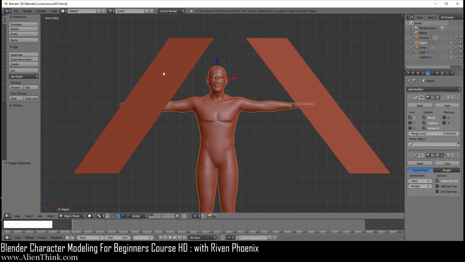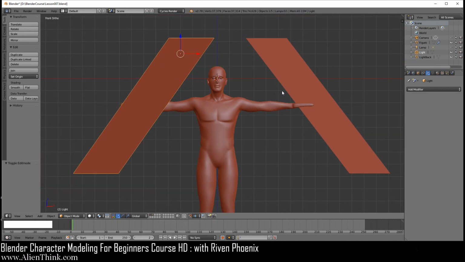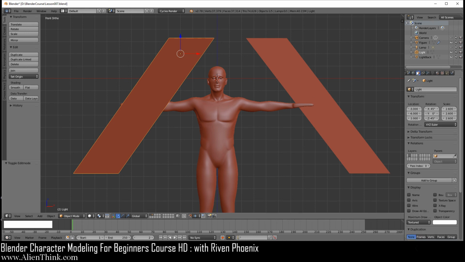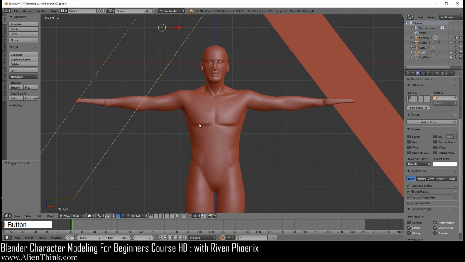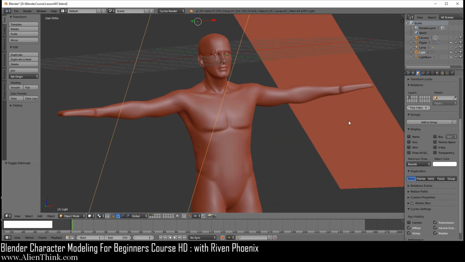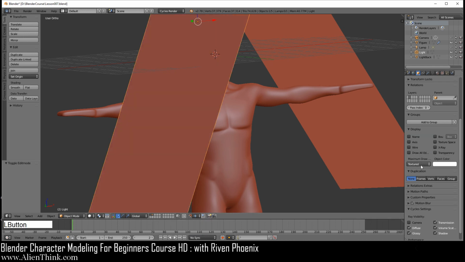What I want to show you, the other thing here, is that you can simply right click this. Another way of getting this out of your way is to click on the object tab over here, and then go under display, and you can see that it's asking how you want to show this in the viewport. You can just do bounds, or you can do wire, whatever you want, and this will help to get that out of the way. Or you can simply hide it, the way I showed you. I'm just going to leave this on textured over here.